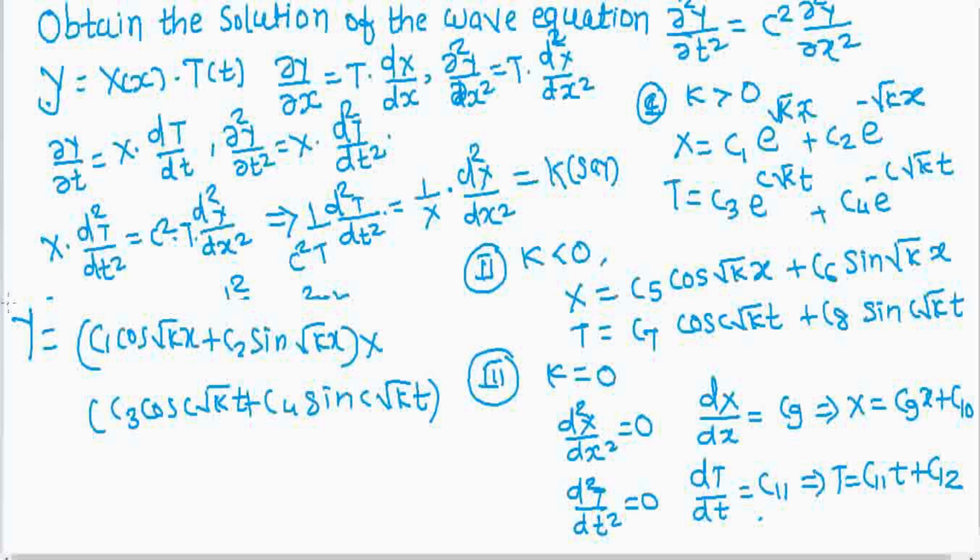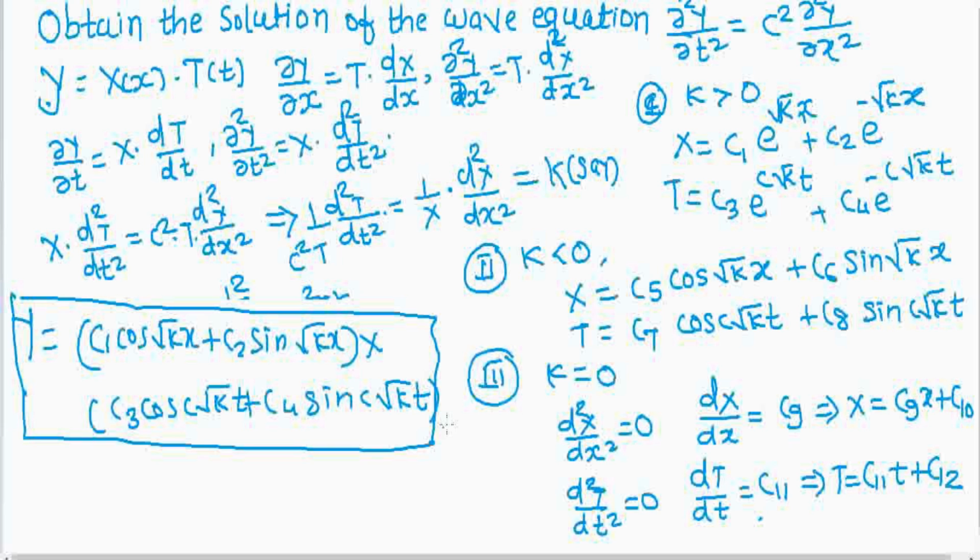This is the solution. So don't bother about the numbering of the constants. We have started from the first, since this is the solution. Here we had c5 to c8, but here we have taken c1 to c4. So we can take any numbering of the constants or change these. These are arbitrary constants, and they vary from minus infinity to plus infinity. Therefore every constant varies from minus infinity to plus infinity, and hence we can take the same numbers. So we have this solution of the wave equation.